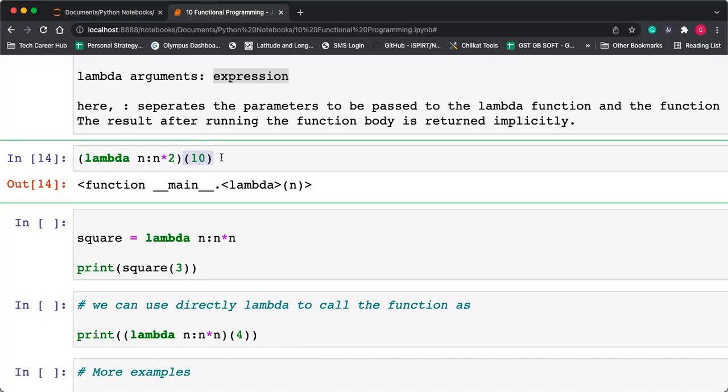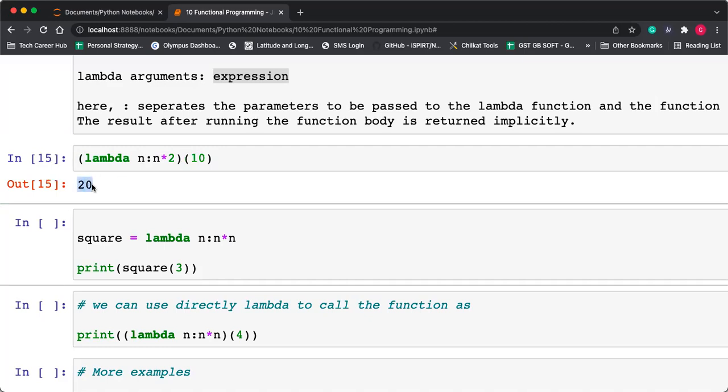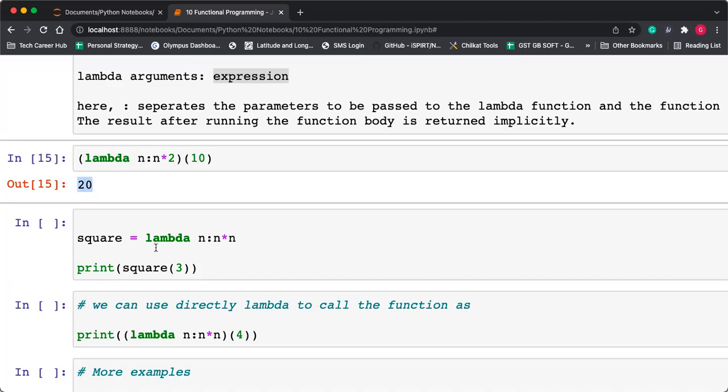For calling, give the round brackets and the argument. If the lambda takes only one argument, provide only one; if it takes two arguments, provide two separated by a comma. Let's see, the output is 20. Students, are you getting this?